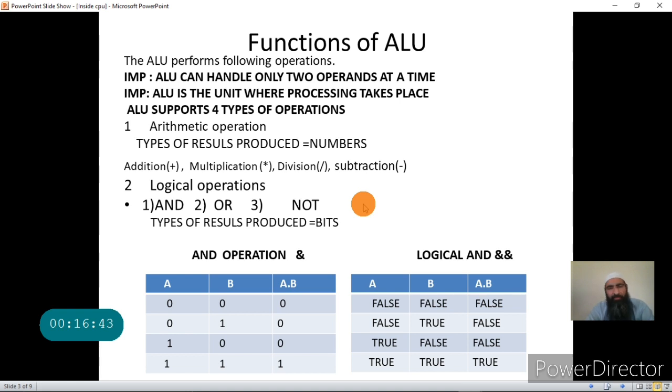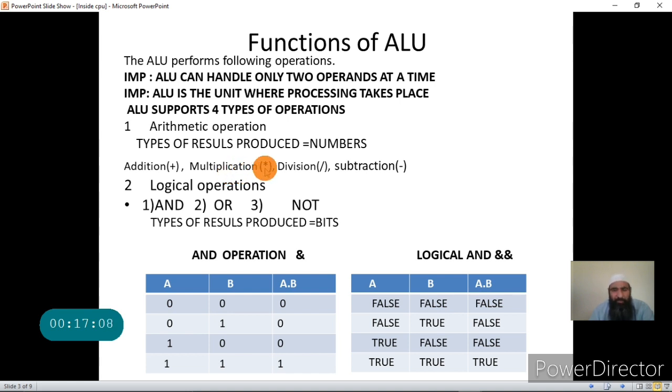Arithmetic operations you have done in your schools and you have performed them in your life, so I will not explain them in detail, but I will explain the symbols. So far as C is concerned, addition in C is designated by plus, and multiplication in C is designated by asterisk.